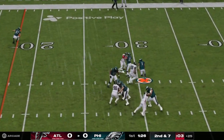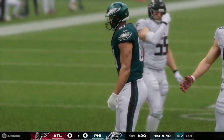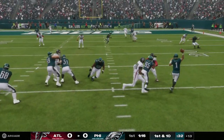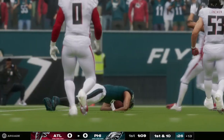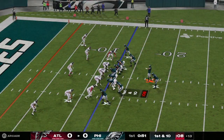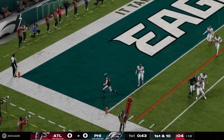Hurts sets up to throw it. Open man is Uzama. And that's going to be good for another first down as the tackle's made at the Falcons' 13-yard line. They pick up 12 on the play there, and they move the chains. Well, they clearly wanted to come out, Charles, and be aggressive throwing the football, and they've been pretty efficient along with that aggressiveness. He's now 4 of 4 on this opening drive. Yeah, and that's led to a fresh set of downs. I like what he's doing back there. You can tell he's at ease. Feels good about what he's...